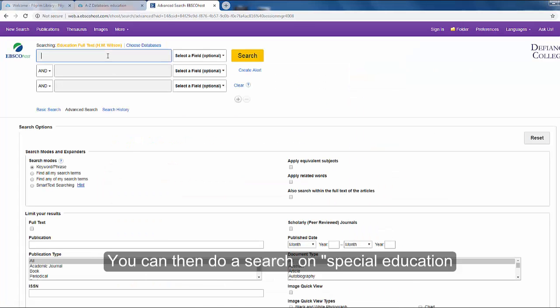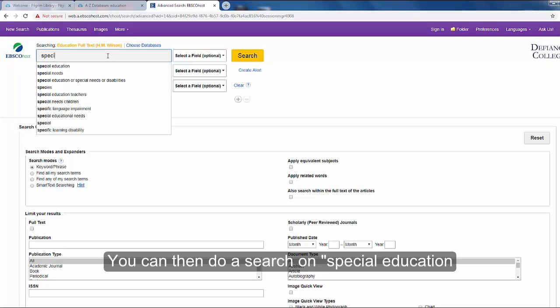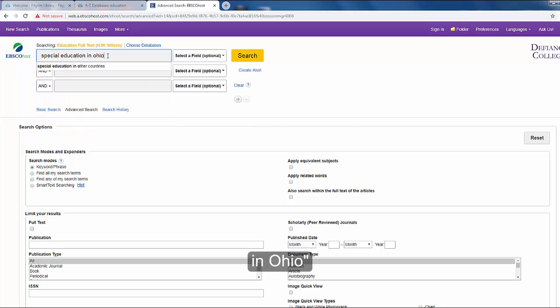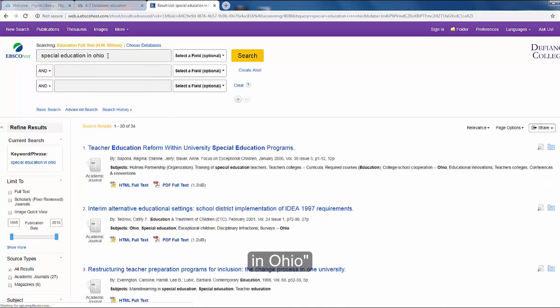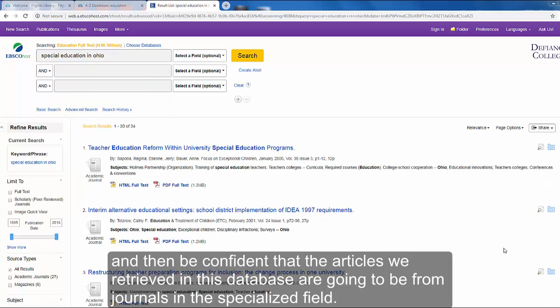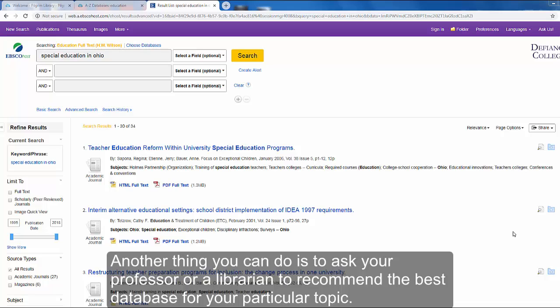We can then do a search on special education in Ohio, and then be confident that the articles we retrieved in this database are going to be from journals in the specialized field. Another thing you can do is to ask your professor or a librarian to recommend the best database